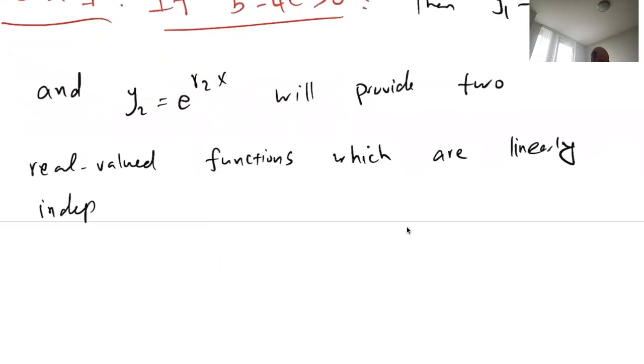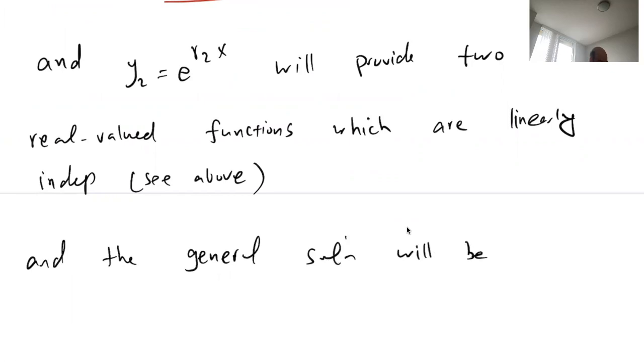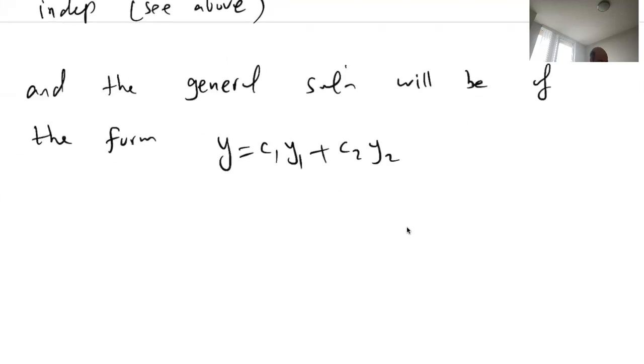Linearly independent, and that's what we verified above. And the general solution will be of the form y equals c1 y1 plus c2 y2. So let's look at an example